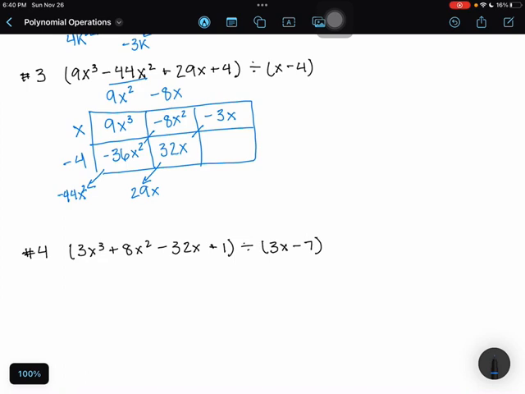So what do I multiply x by to get to -3x? That would be -3. And then -3 times -4 would be 12. I don't need 12. I need 4. So I'm going to have to subtract 8 on the outside. So now I write my final answer, 9x squared minus 8x minus 3, and then 8 over x minus